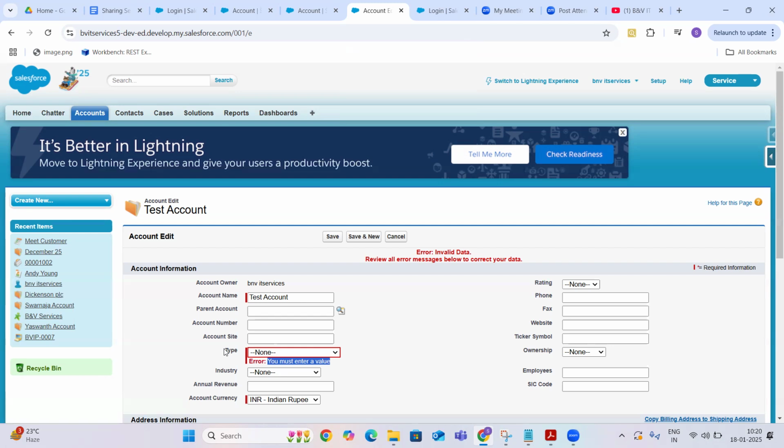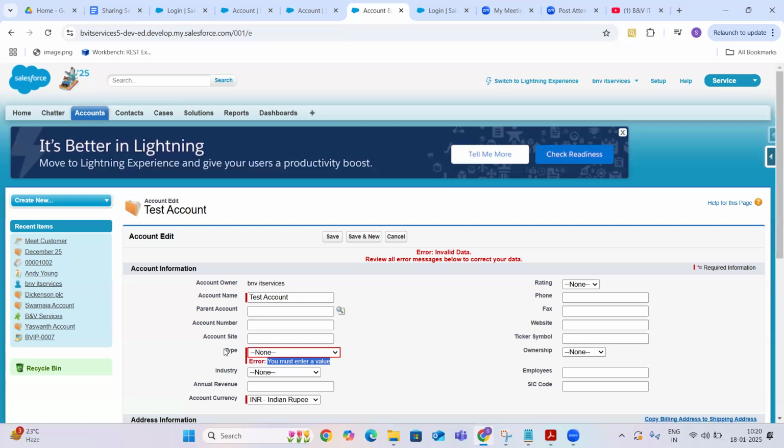If that is the requirement, again there are two ways. You can create two different page layouts, and in one page layout make it mandatory, and in another make it non-mandatory. Then you can assign different page layouts to different profiles.